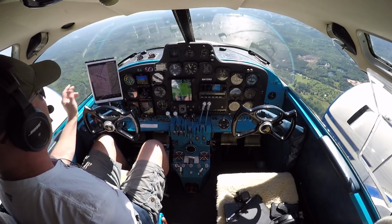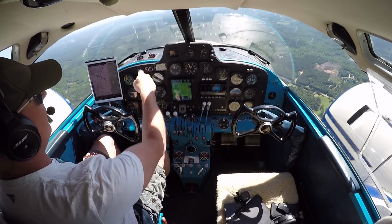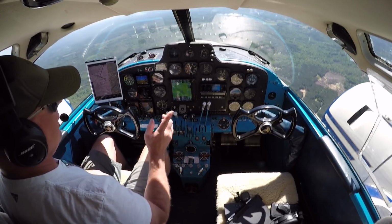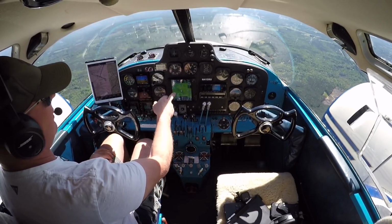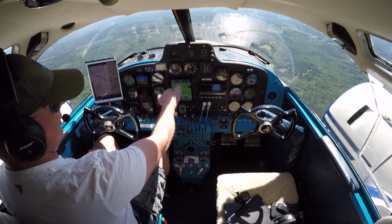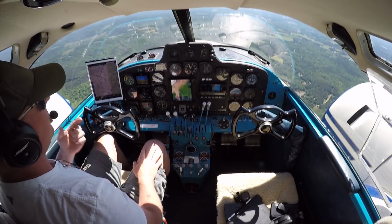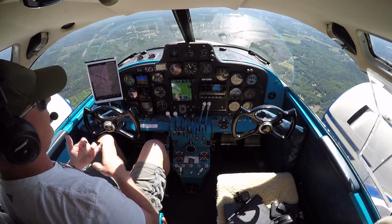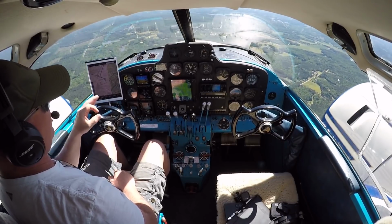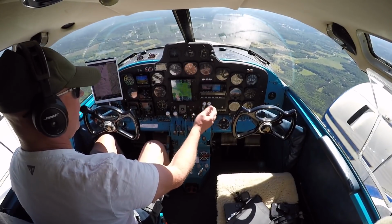And so right now what is happening is the GPS or the G5 through that GAD 29 box is telling the autopilot what to do. Now, actually, I think what's happening now is the 750, it's running off a nav, which is on GPS. So this thing's actually following the nav course on the 750. The problem is that doing that, when we get down here to shoot the approach, it's not going to do GPS steering. And so what we're going to want to do down here is we want to get the G5 set to fly off the GPS steering, and then we are going to